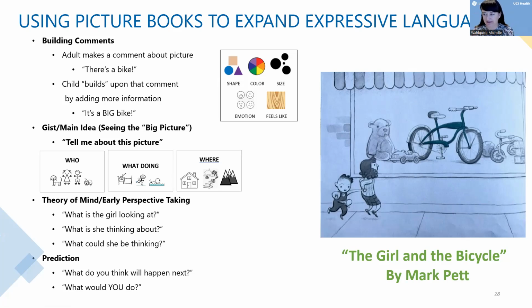So it's great because children who are reading can't rely on the words that they see on the page. They have to come up with the words on their own. A very beginning activity that I like to do with kids is to just work on building comments. So this is a great way to increase your child's ability to describe. So use adjectives or describing words to talk about things. So this can expand how long their sentences are,